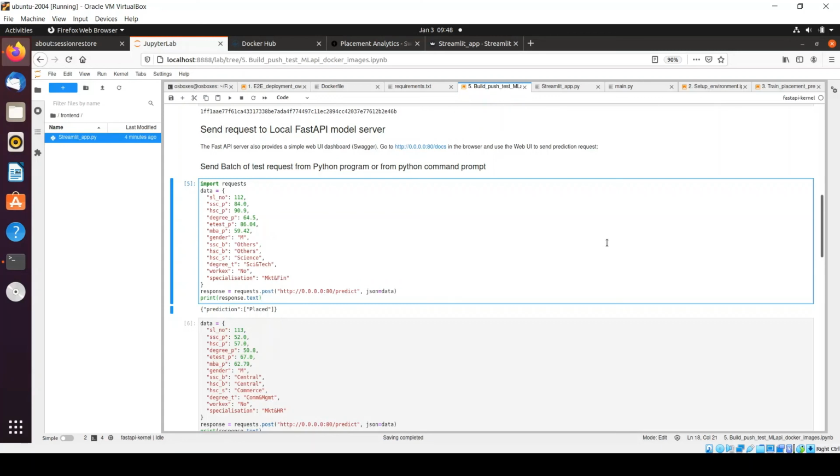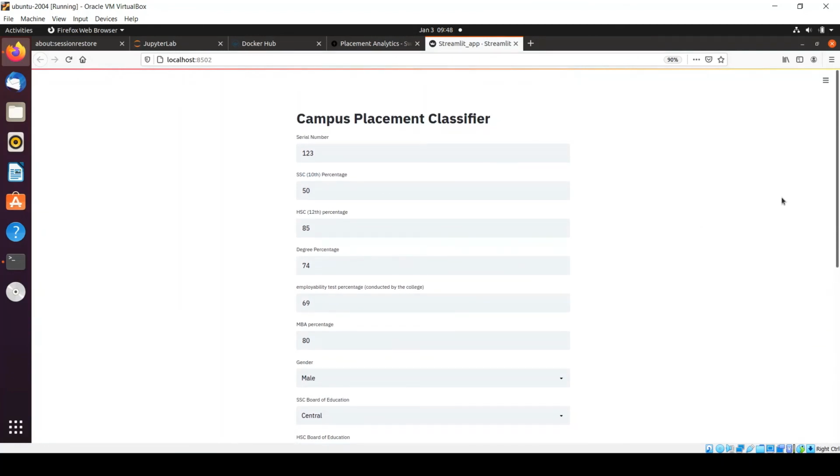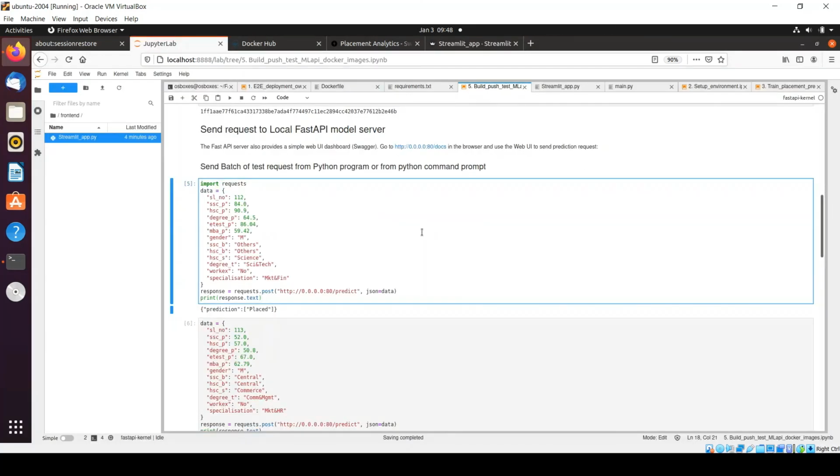But just make sure that before deploying any machine learning API in production, it has been tested thoroughly using different approaches, and try to mimic your production environment. If this machine learning API would be used by your front-end web application, just make sure that we have some sort of interface through which we can simulate my production environment for my front-end web app. Okay, and if this machine learning API would be used by some other processes, then try to use some backend process with the help of request package, which will simulate the post request from your Python program.